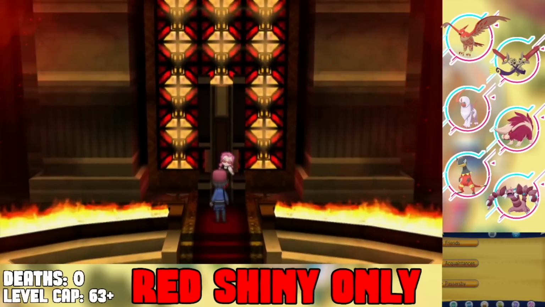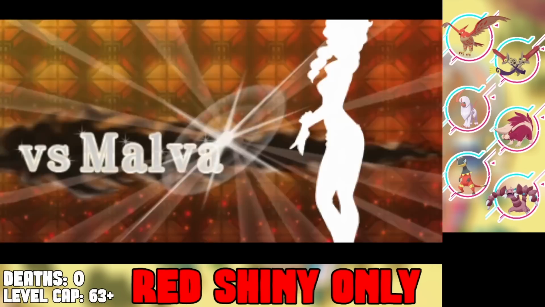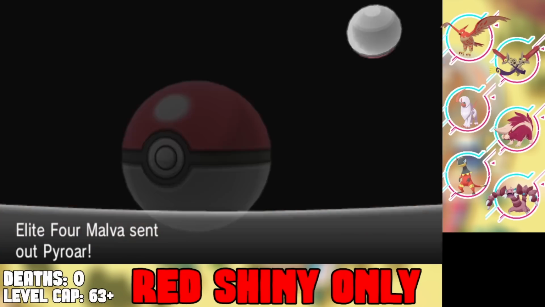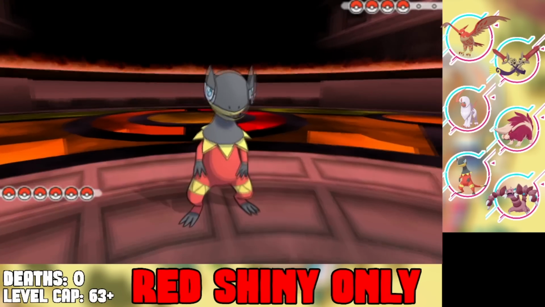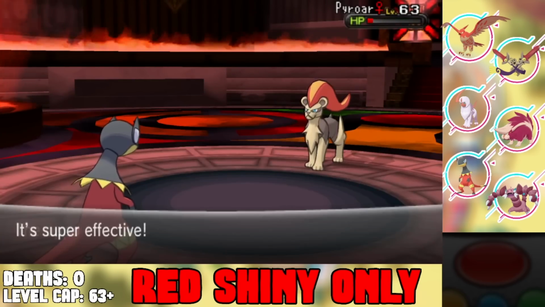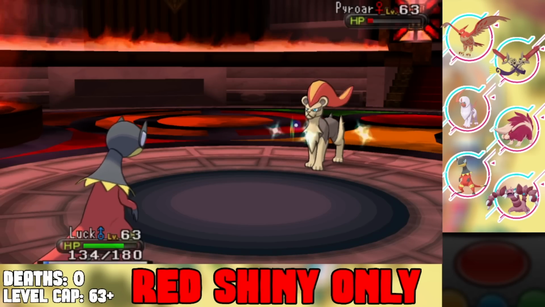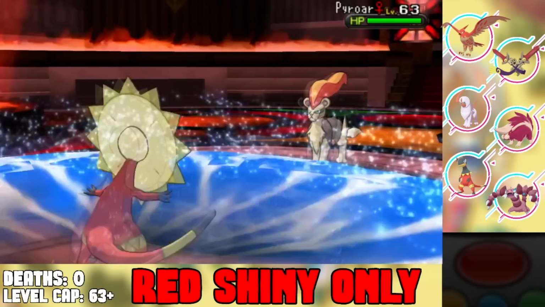Our first Elite Four member that we're going to face off against is Malva. Malva is the Fire type Elite Four member of the game, and we're going to start the battle off against her using my Heliolisk. Now this Heliolisk has learned Surf, and as the Sea Incarnate, I assume it's going to knock out this Pyroar. It doesn't. So this Pyroar survives, and luckily, I don't have Dry Skin on my Heliolisk, so I'm able to take the Flamethrower pretty well,